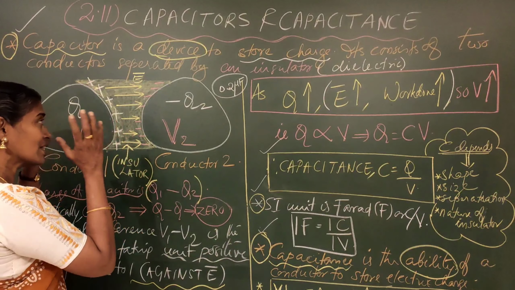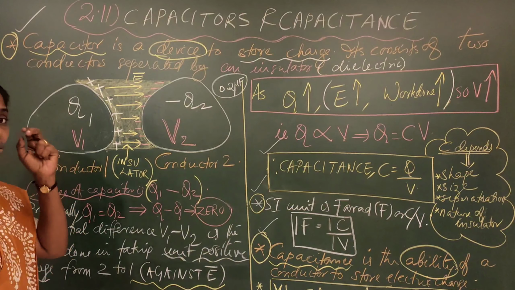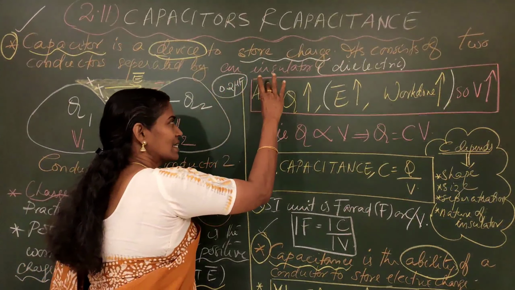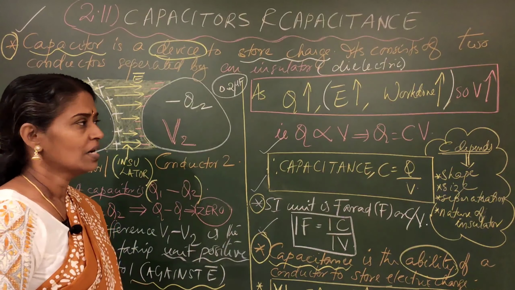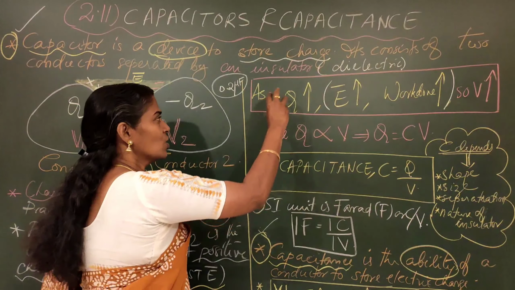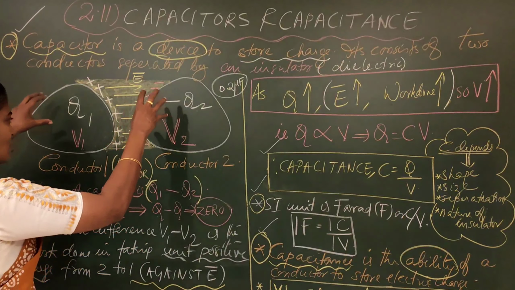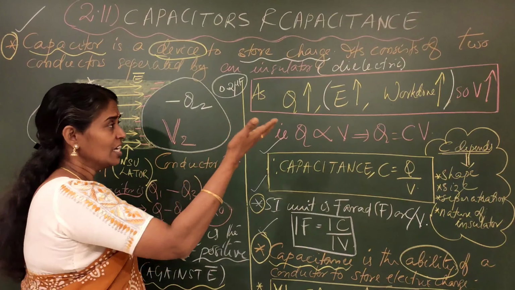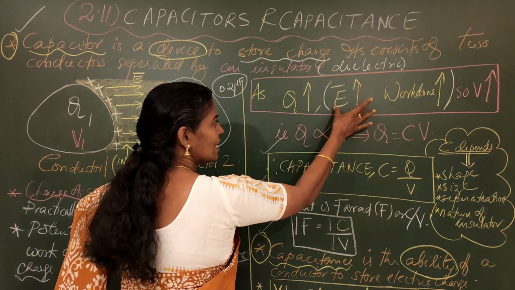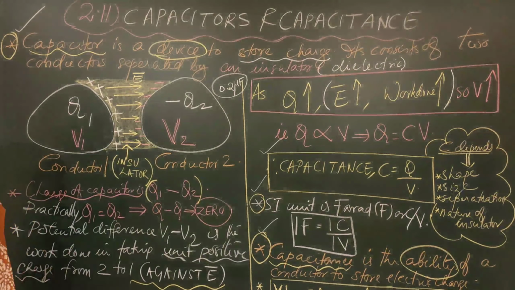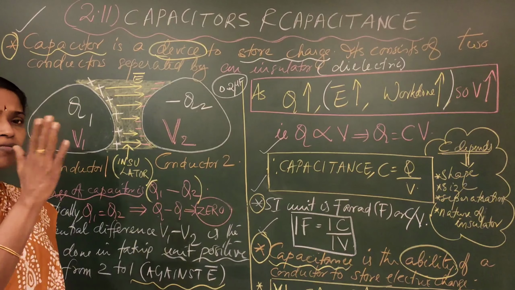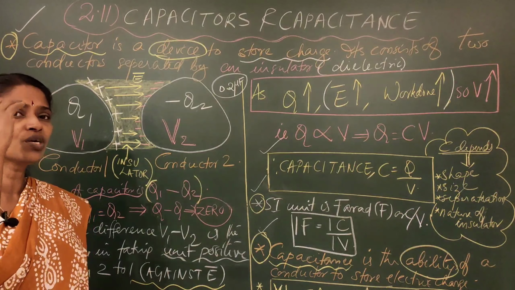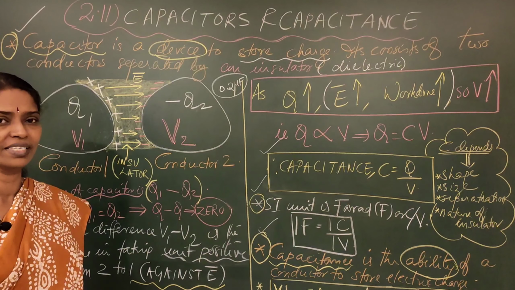So this is how actually the capacitor works, or the principle goes like that. So we will come to that. This is exactly the principle. What is the meaning? Q increases means if the charge of the capacitor is high, what will happen? If charge is high, definitely the electric field will rise. Coulomb's law, simply Coulomb's law. What is the electric field and charge relation? 1 by 4 pi epsilon 0 Q by R square. So when Q rises, the electric field by default rises.